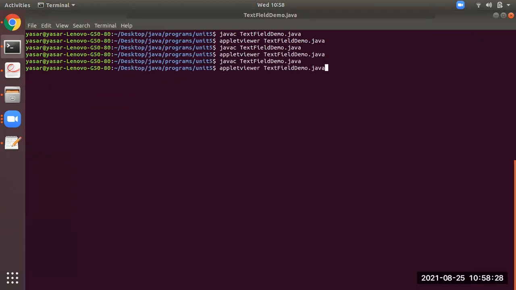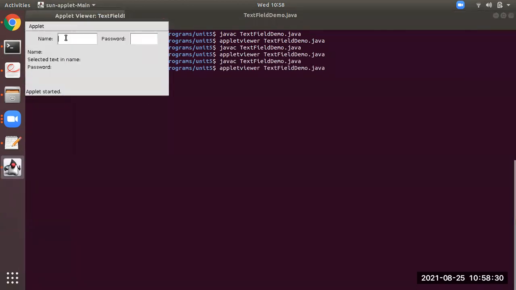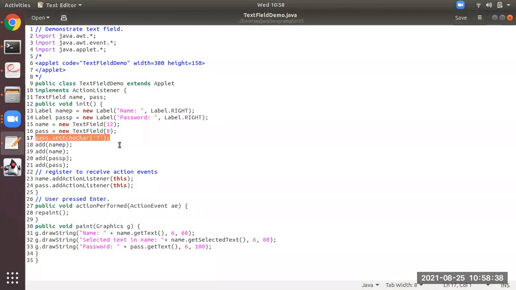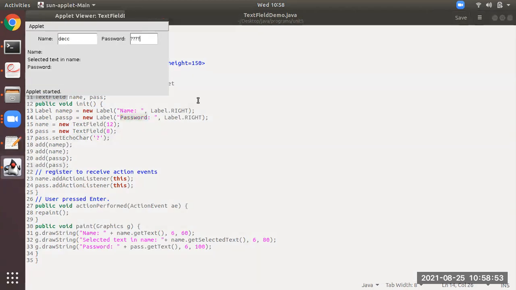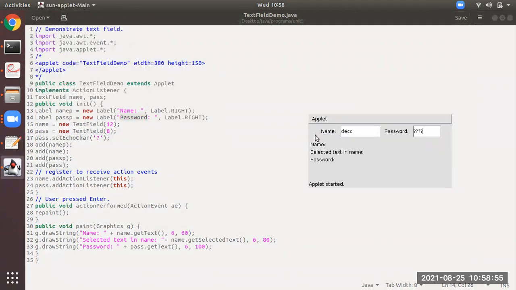Compile it again, run it again. Now you cannot see it. This is because of this method, setEcho. And the rest of the thing is the same, students. Okay, and you see here 13th and 14th over here we are using the labels. Okay, don't worry. So this is the label, what I'm pointing with my mouse, name colon and password colon. So these are the labels. You can see this is the label before the text field, and this is the label before the second text field. That is because of line number 13 and 14.